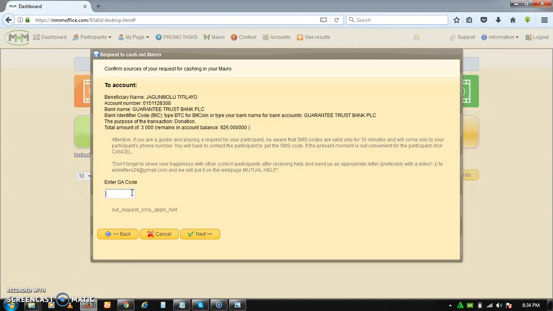MMM account with a Google Authenticator, which I've released in a video on this same YouTube channel. Search our YouTube playlist, and you will see how to secure your account with Google Authenticator. So now, assuming I don't have access to this person's account, or I don't have access to the GA code from the owner of the account, I will not be able to GH this money. Now, because I have access, the GA code given to me by Google, I will now insert it